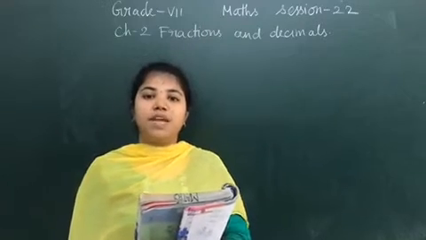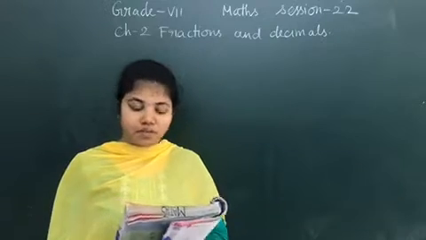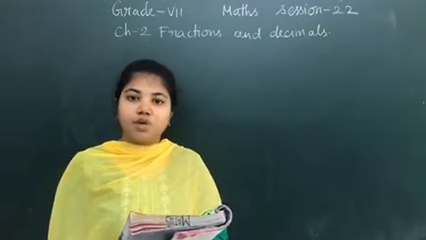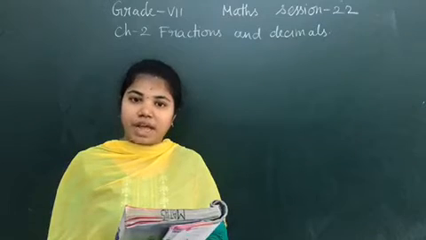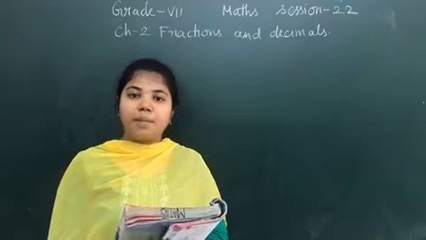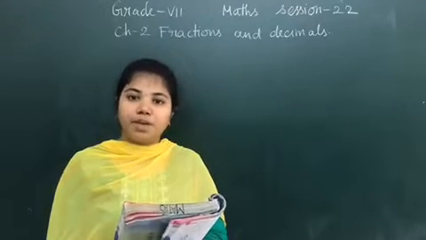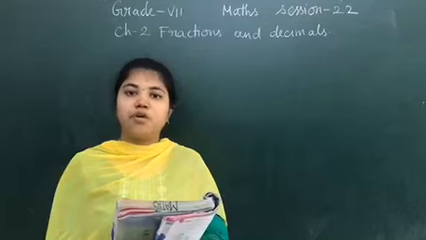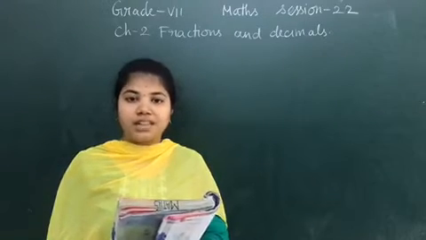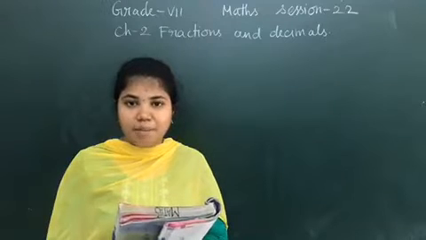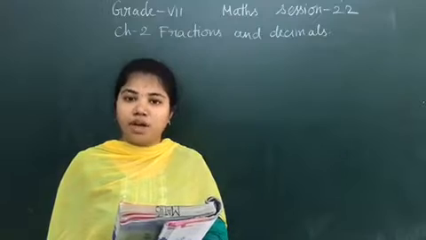In the previous session we dealt with exercise 2.1, fifth sum. The fifth sum is regarding the perimeter of a triangle and the perimeter of a rectangle. You found the perimeter of the triangle by adding the boundaries, and the perimeter of the rectangle using the formula 2 into (L plus B). You found them separately, compared both by taking the LCM and making the denominator the same, and found that the perimeter of the triangle is greater than the perimeter of the rectangle.